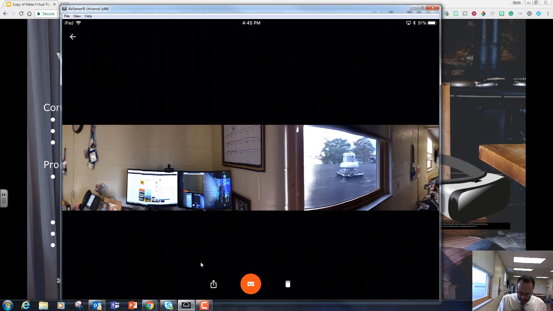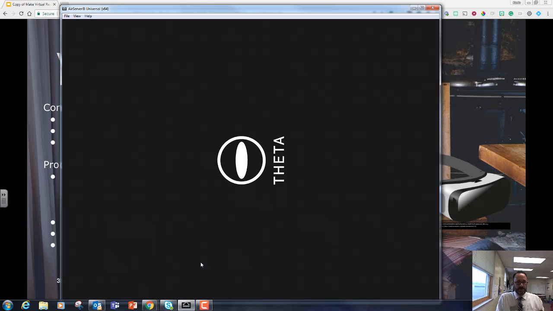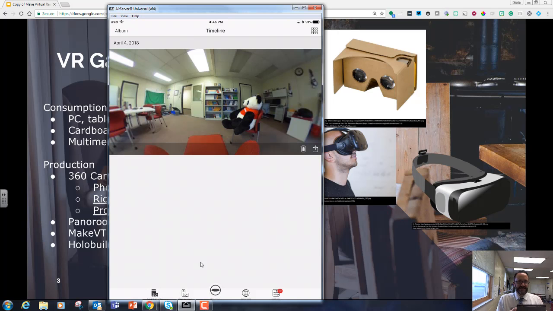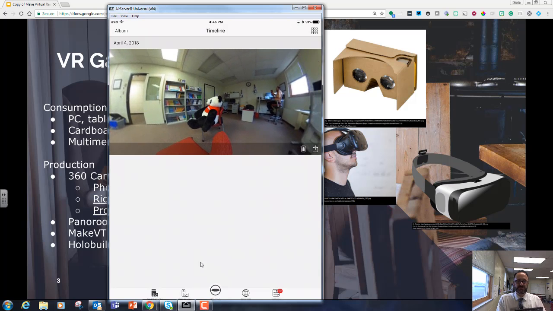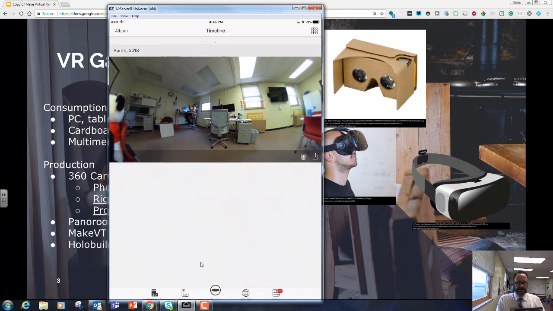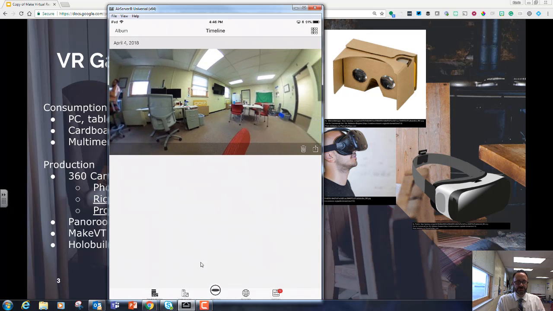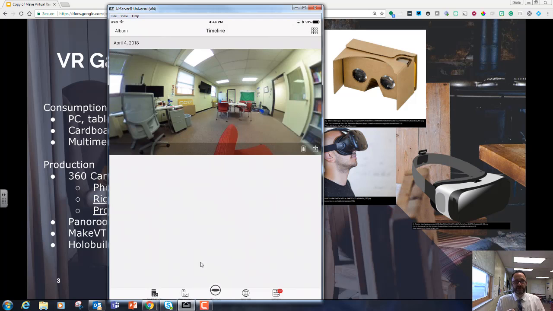So an example of that I want to show you is pretty much that same view, but with an actual 360 camera. And if you look, it's much smoother. Now it's a little bit warped, but I can look up and I can look down. So it's just a much better quality. You can also use these for recording video. The video is not as smooth and crisp. It's a little grainy, but it works. So you can create content with your phone or with a camera such as this,